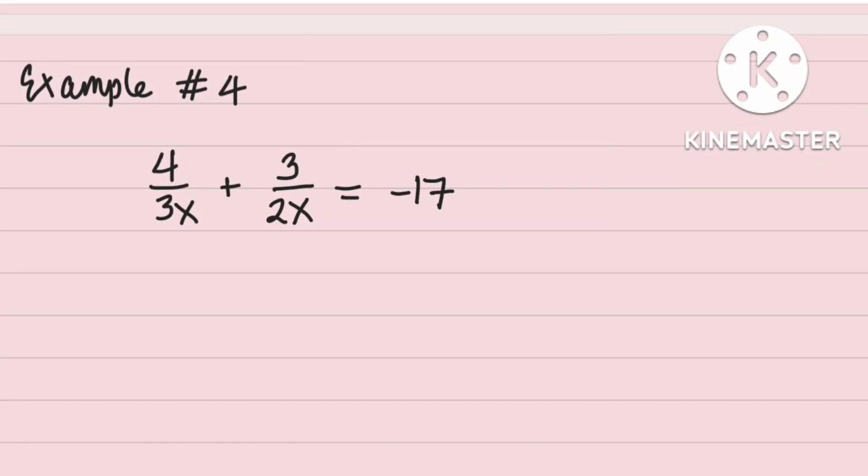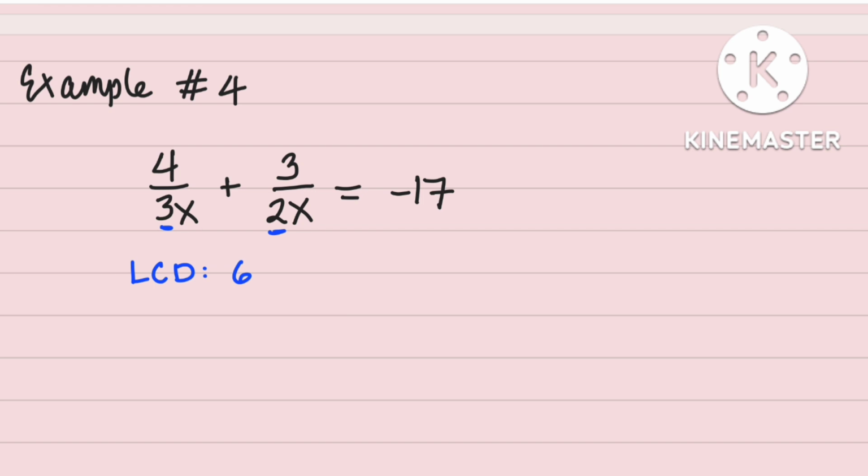Now we proceed to example number 4. So again, we have the same problem here. The problem is that our left-hand side is not a single fraction. That's why we have to first find the LCD of the two. So if we look at the numbers 3 and 2, the LCD is